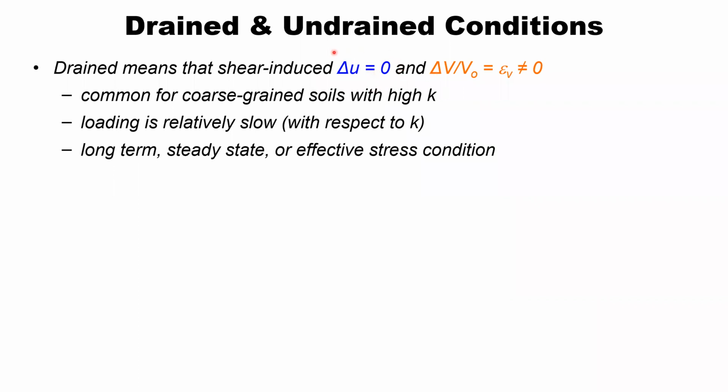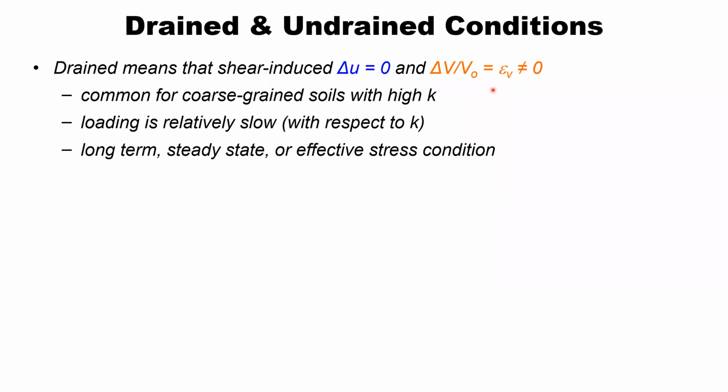And as a result of dissipating those excess pore water pressures, there is a volume change that corresponds. So this is delta V over the initial volume, or the volumetric strain, and it is not equal to zero. The reason I have it not equal to zero is because this volumetric strain may be positive or contractive, meaning a decrease in overall volume, or